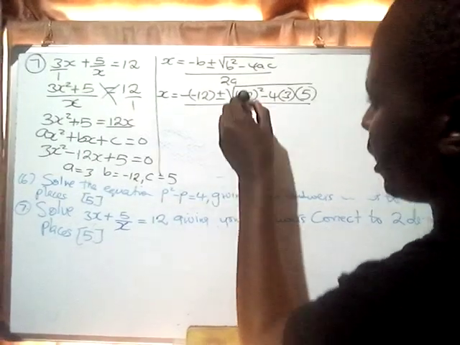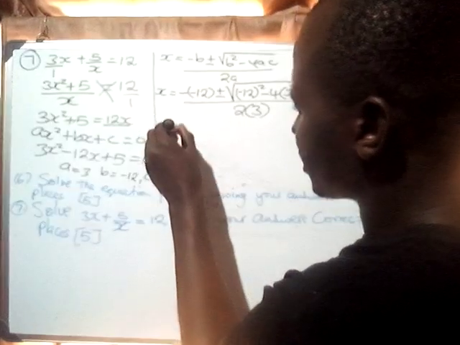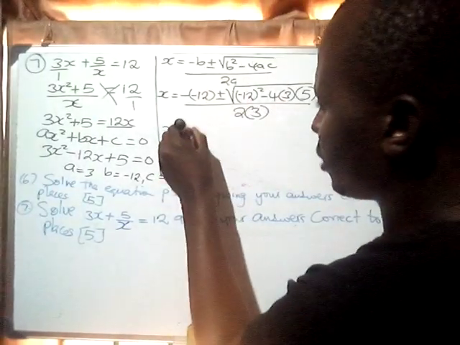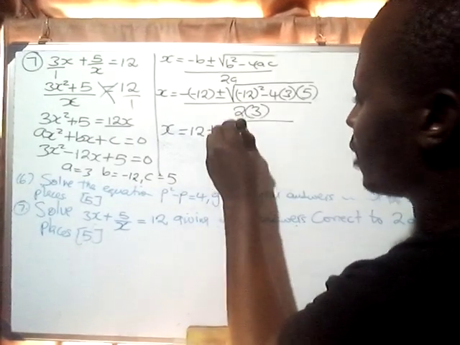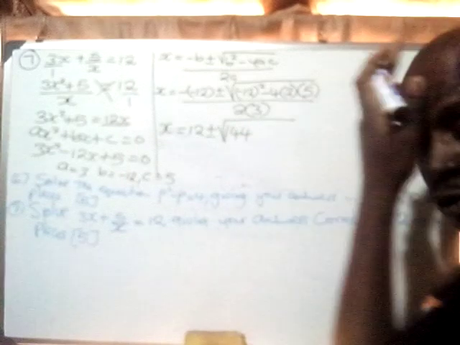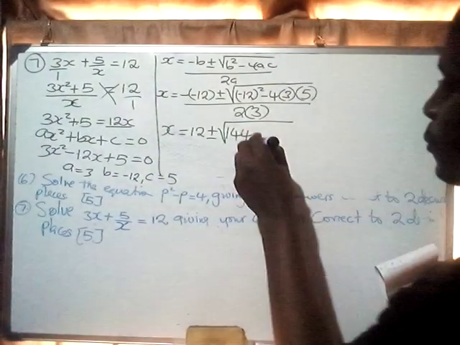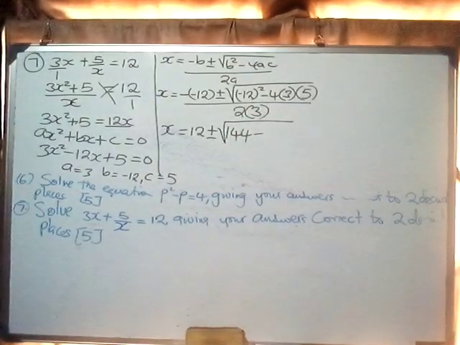Our a is 3. So x is equal to 12 plus or minus the root of 144, because 12 squared is 144, then we have minus 4